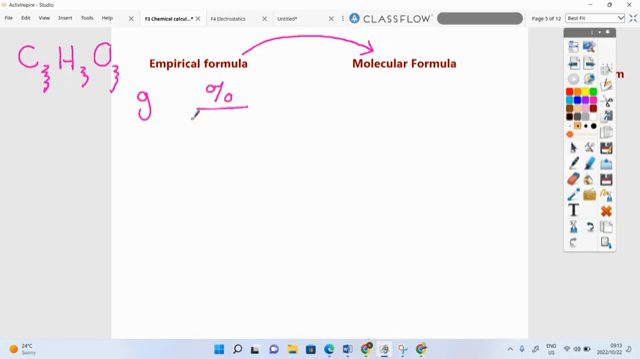Okay, so even if they tell you percentage, you're still going to say, okay, if I had 100 grams, so in 100 grams,